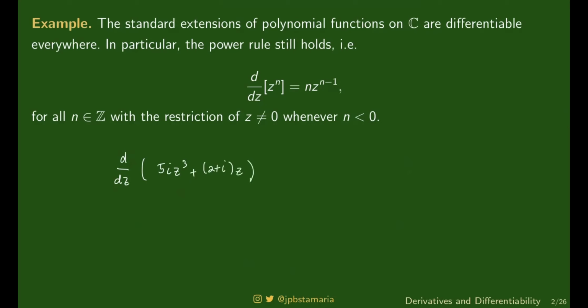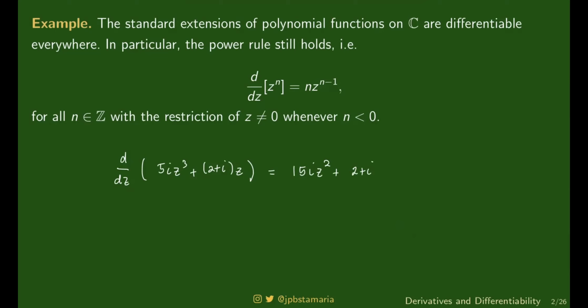O kung nakakita kayo ng ganyan, paano kinukuha yung derivative niyan? Kagaya pa rin dati. Ang pinagkaiba lang ngayon, yung mga i, iti-treat nyo as constant. Okay, walang pinagkaiba ha. Walang dapat pag-awayan dito kasi the definitions are still the same. So that's still 2 plus i. So we will expect some of the formulas to be the same.